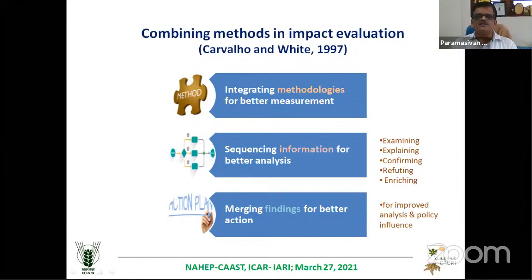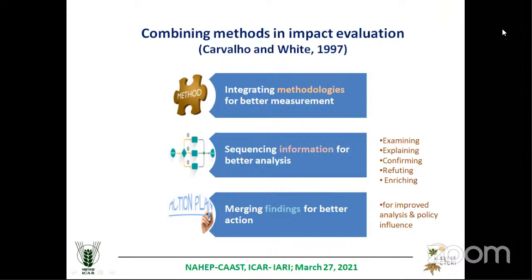So there are different ways there. But you have to collect the information, and that information has to be sequenced in somebody's perspective, whether it is a user perspective or from the government perspective. Based on the sequencing, what you are going to do in the sequencing phase is